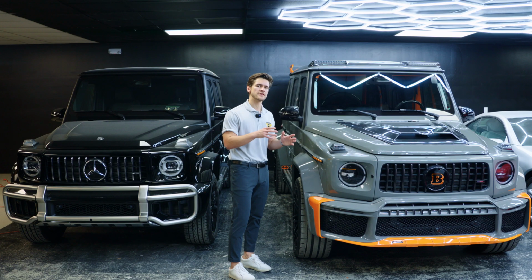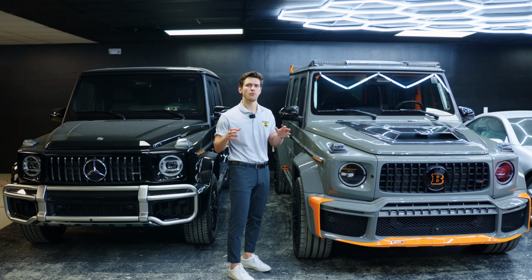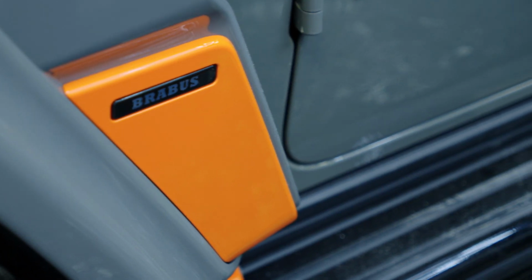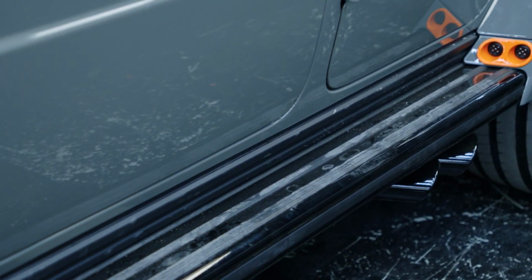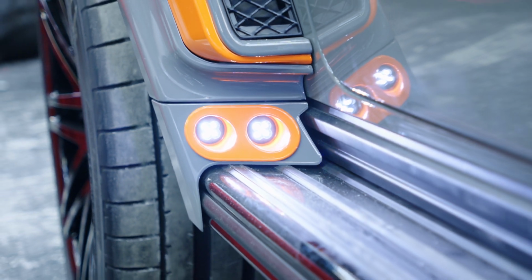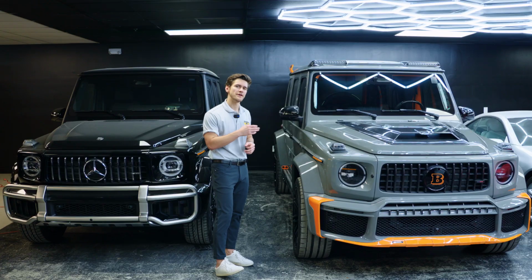Now, moving on to the second transformation piece, we have the WIDESTAR fender flares versus the stock body. So talking about the WIDESTAR body kit compared to this stock G63, these massive fender flares add an extra 10 centimeters of width to the car, which is going to give the truck a much broader and more muscular stance. The integrated LED running lights in the fender flares make it even more distinctive when you have the lights on,